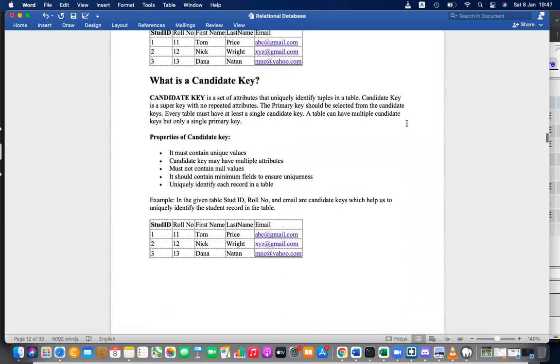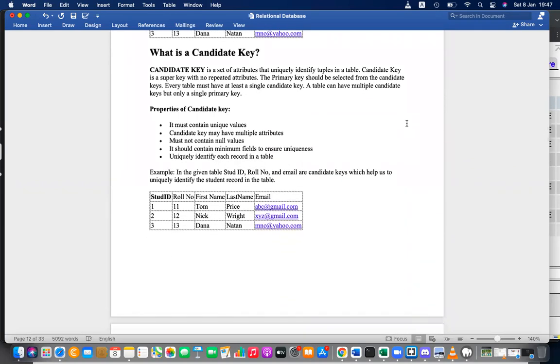Okay, then the candidate key. Candidates means qualified. A candidate key is again a set of attributes that uniquely identify tuples or rows in the table. A candidate key is a super key with no repeated attributes.